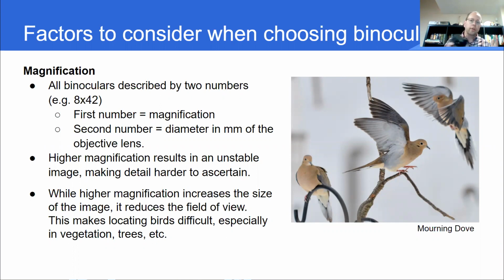So when you're starting to look at binoculars, you'll see 8 times magnification, sometimes 10 times. I don't really know any birders who use magnification more than 10, but you'll see advertised 12 times or 20 times. A lot of people use binoculars for astronomy. I think that's where that higher magnification might be useful, but I can't imagine going out birding with anything more than 10 times magnification. I use 8x42s, and I think that tends to be probably the most common. It's a nice balance between a lot of magnification, but also